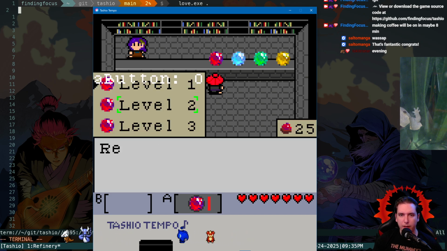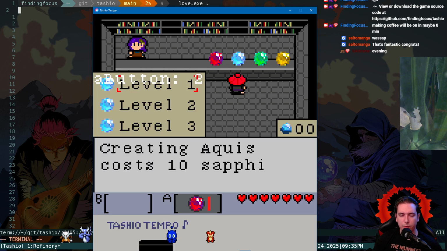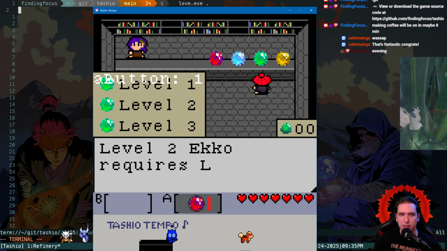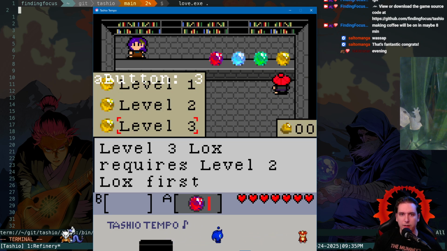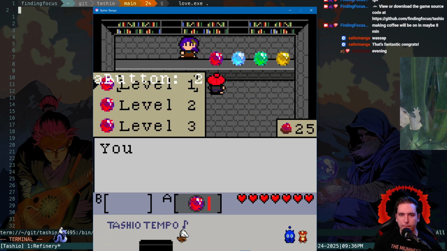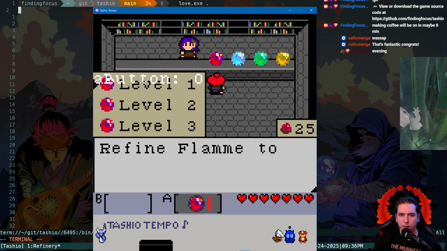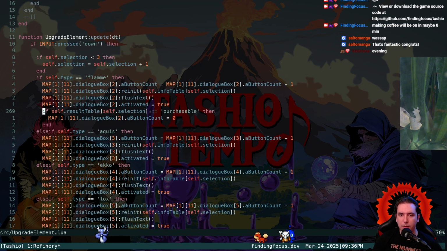Everything else has a button count higher than 1, so it'll go away as soon as we press it, unless it is a purchasable upgrade. Then it basically, ooh, that one was different because we hit space before it was done printing. Okay. Yeah, I think it's right. It's only right for Flamma,